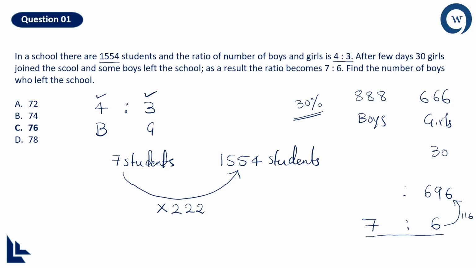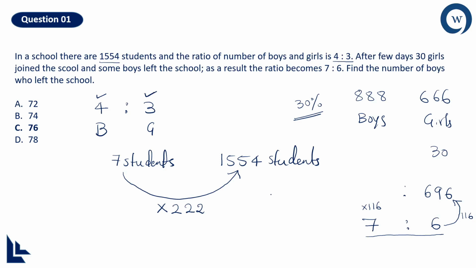By multiplying with 116, you can convert your assumption into reality now. If the right hand side is multiplied by 116, then the left hand side should also be multiplied by the same element. What is 116 into 7? If you are not a person who is fond of multiplication, you can split the term and then do the